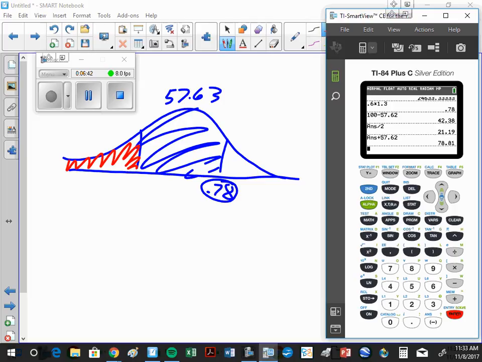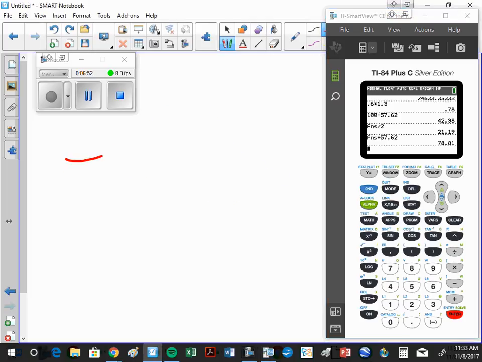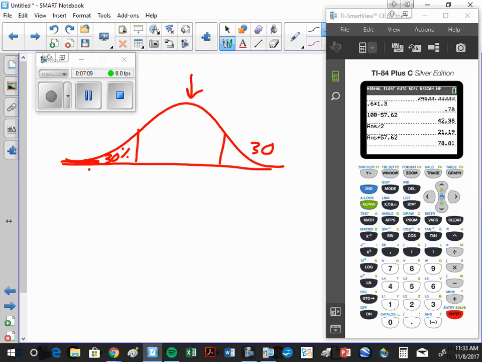Okay. Now, let me show you that again. Let me show you that whole problem again and see if you guys can understand that. So, well, should we just do the next one? Okay, 30%. 30% would be right there. Okay? Well, if there's 30 here and 30 there, how much is there in the middle? 40. I go to A104 and I look up the area of 0.4, which gives me a z-score of